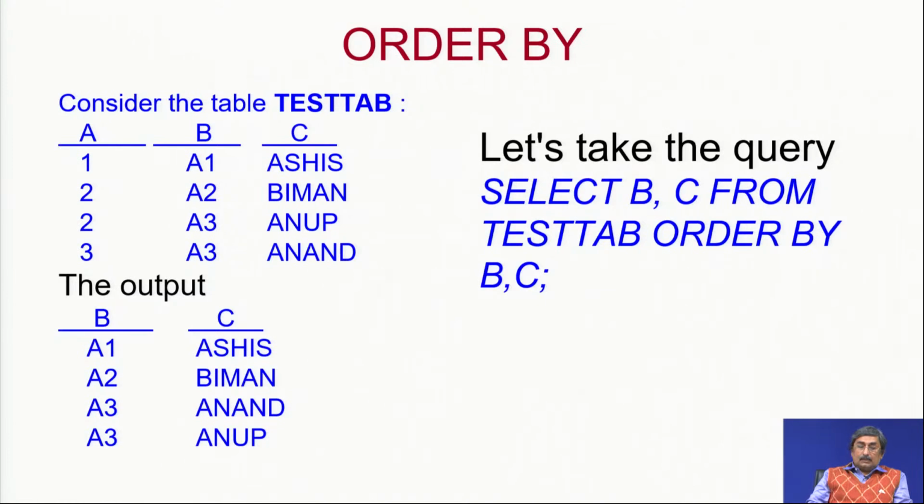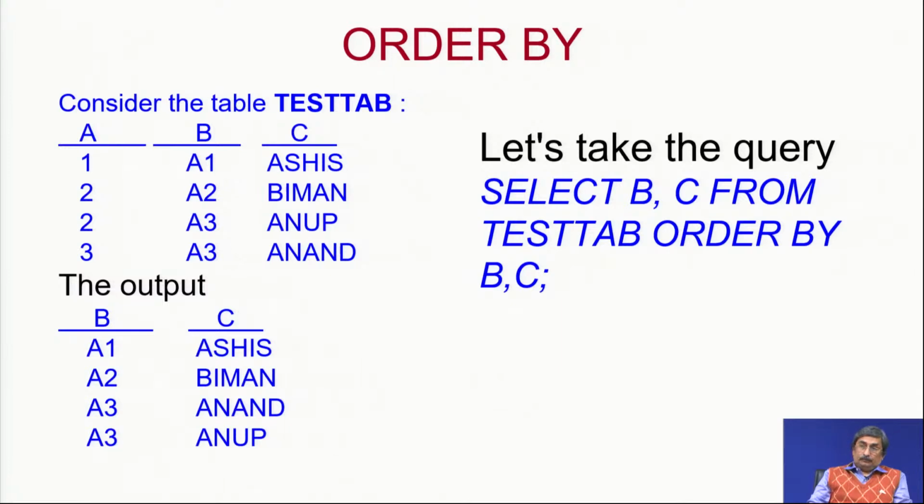It first orders on B, like A1, A2, A3, but inside A1, if there are multiple rows, then those rows will be sorted in the alphabetical order of C. For example, there are 2 records with A3, one is Anup and one is Anand. Anand is lexicographically smaller than Anup, therefore, the output in this query would be A3 Anand and then